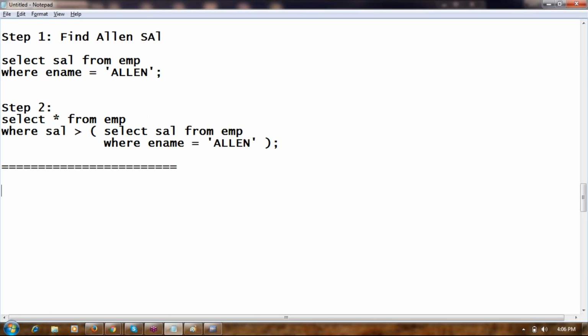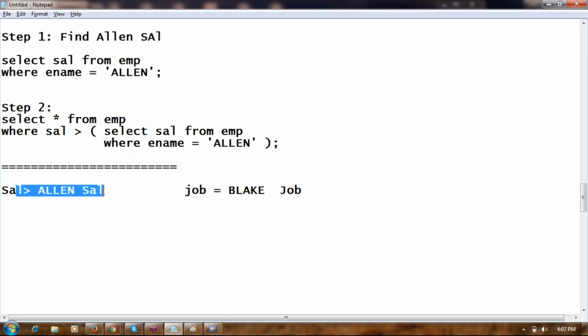Condition 1, salary should be greater than Alan's salary. Condition 2, job should be the same as Blake's job. I want to display the rows that satisfy how many conditions? Two conditions. Salary should be greater than Alan's salary, and job should be the same as Blake's job.